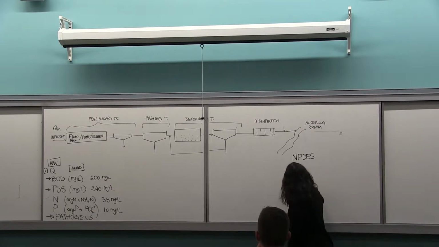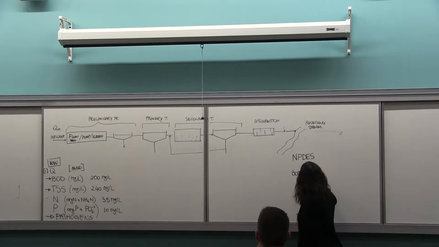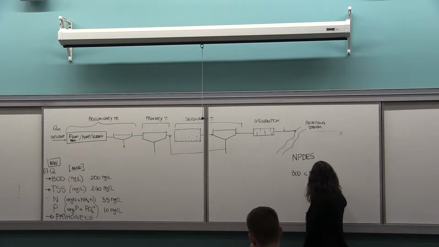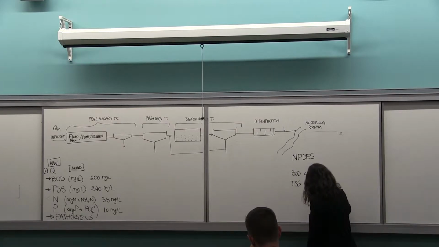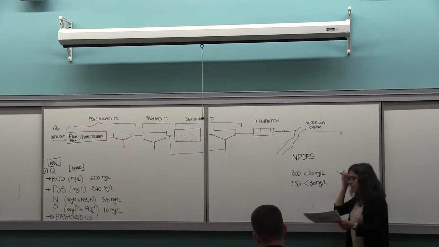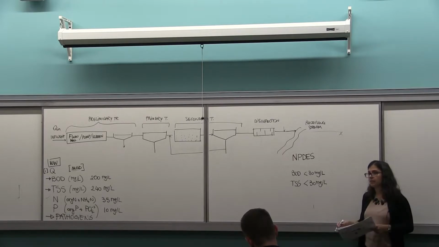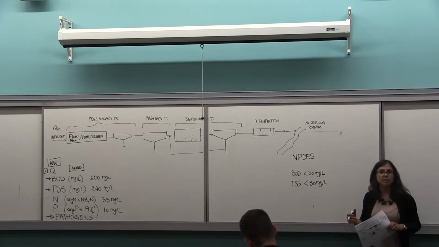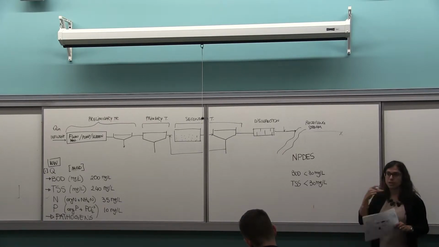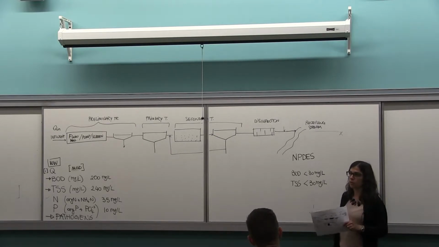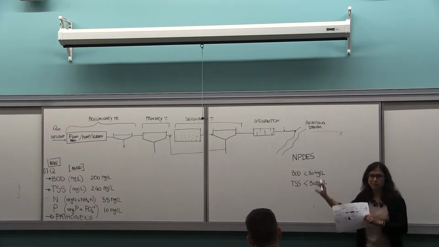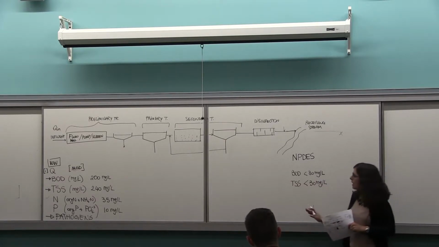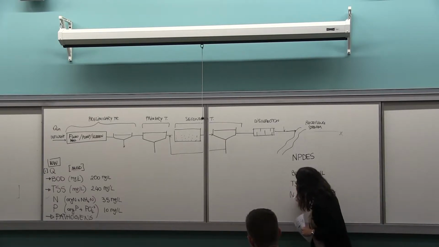The BOD has to be less than 30 milligram per liter. The TSS has to be less than 30 milligram per liter. And then there is also a count for pathogens. There are specific requirements that depend on the flow, so it's not a fixed number. And then nitrogen and phosphorus,